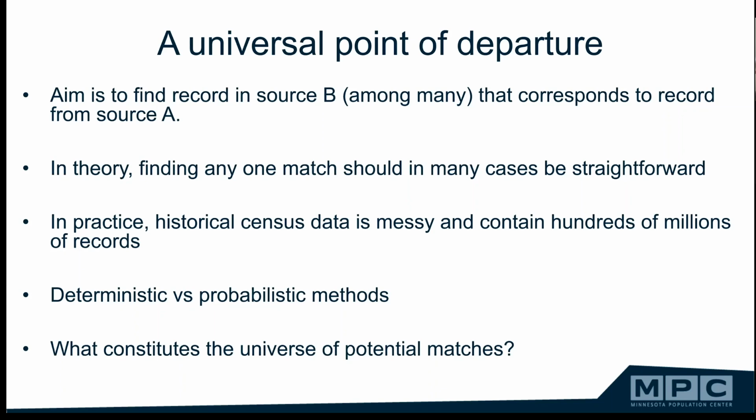Another thing that complicates linking historical census data is that the data are very messy. Back in, say, 1900, the enumerator would go door to door and, as far as I understand, though I'm not the authority on this, typically interview one individual in a household about who is living there. As we will see later, the enumerator would write down a lot of information, not only names and ages, but in some cases also occupation, state of birth, et cetera.